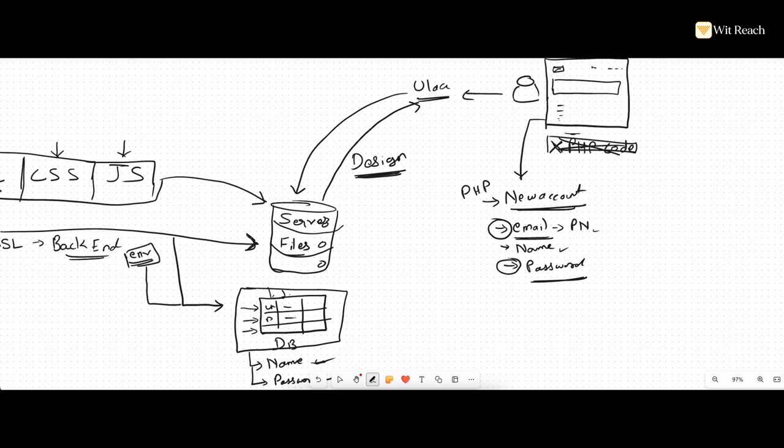Now, whenever there is a request by the user to create an account, the PHP language, okay, so the user requests the account, the PHP language will hit the server, it will check the database, it will see whether the information which is provided by the user, which is the email address and password, is already available in the database or not. If the information is already available, the database will send back the information to PHP stating user is